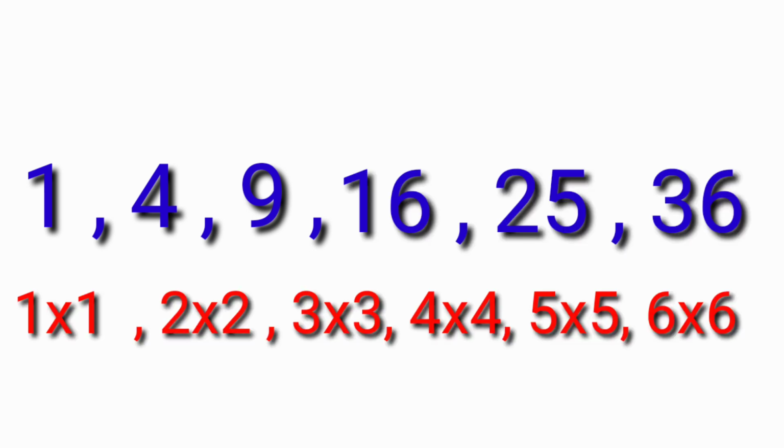Okay, let us check the next number pattern. Here are the numbers 1, 4, 9. How can we find the next three numbers? Look children, here is the first number. 1 times 1, yes 1. 2 twos are 4. 3 threes are 9. Can you say the next three numbers? Okay, good. 4 fours are 16. 5 fives are 25. 6 sixes are 36.